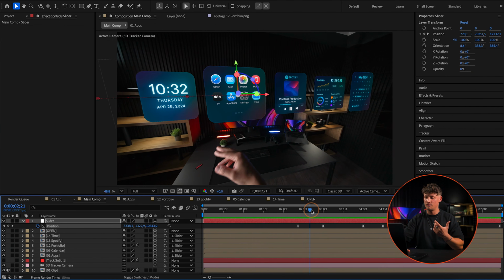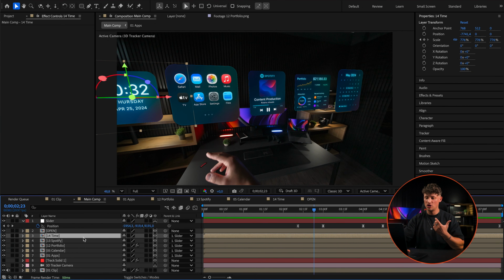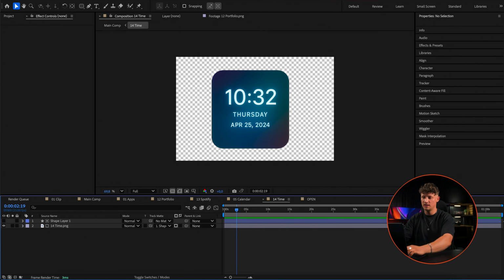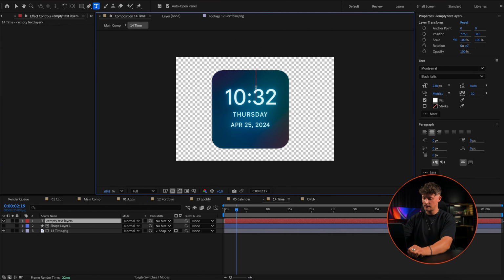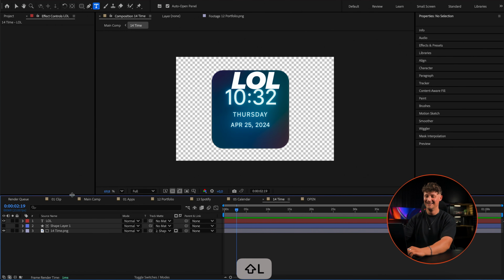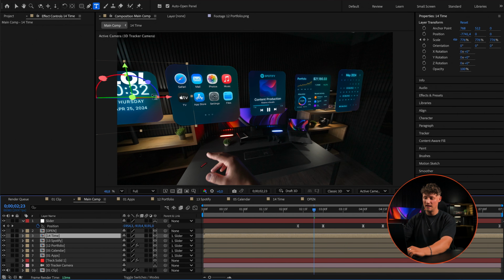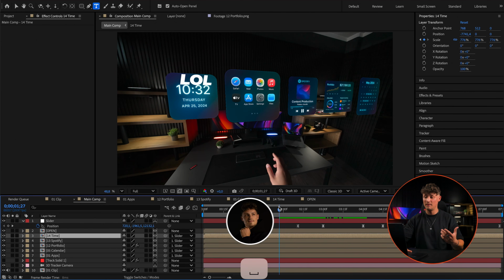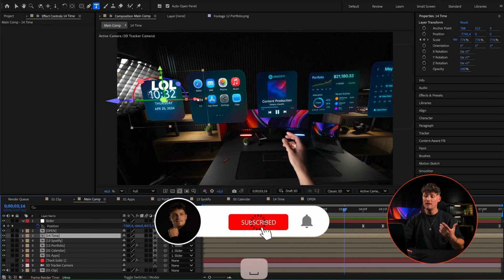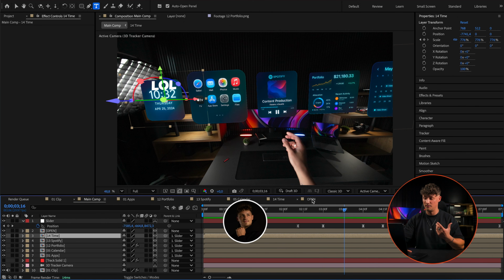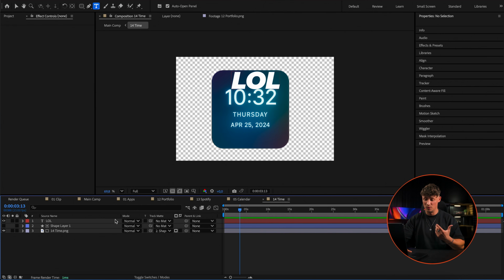And if you want to change something here on those HUDs, you could just jump into the comp, make changes, like maybe add another text, like adding LOL, and go to the main comp, and now it's just added, and you see the animation stays exactly the same. So you can even switch the pictures here, like the HUDs, the PNGs, which is super cool, right?